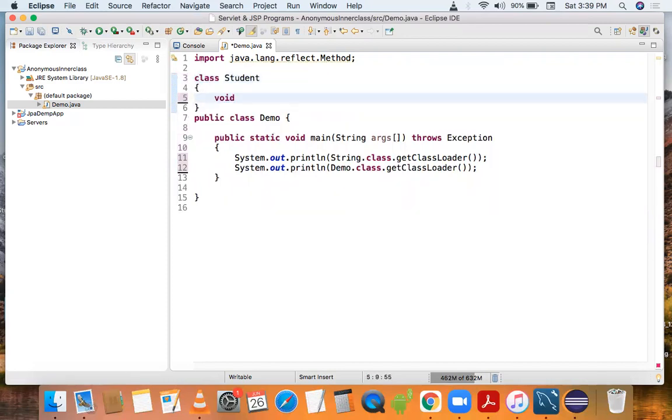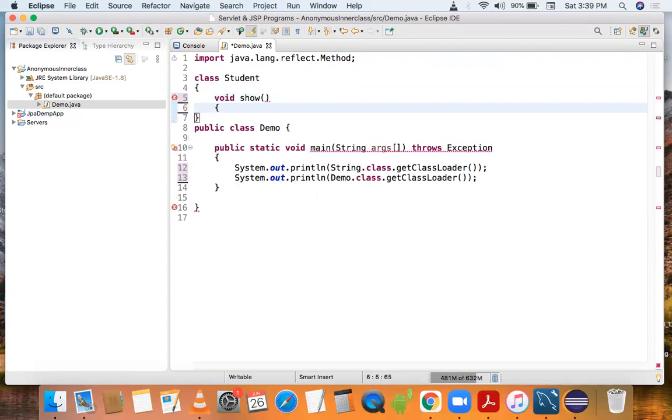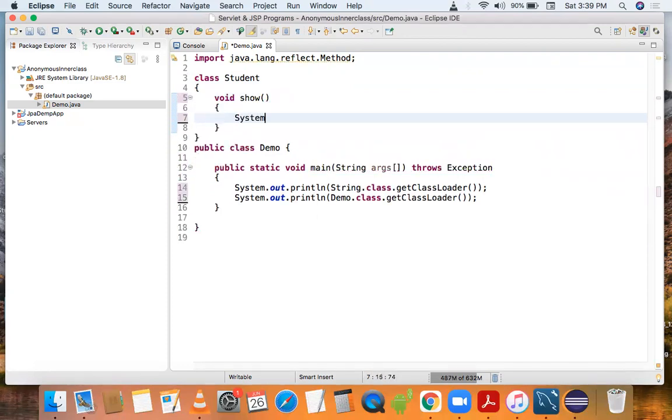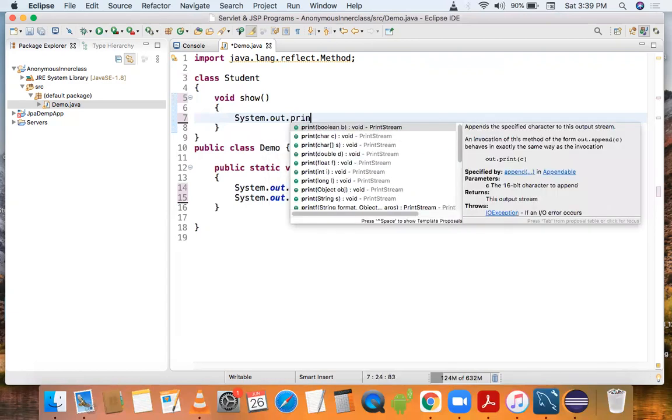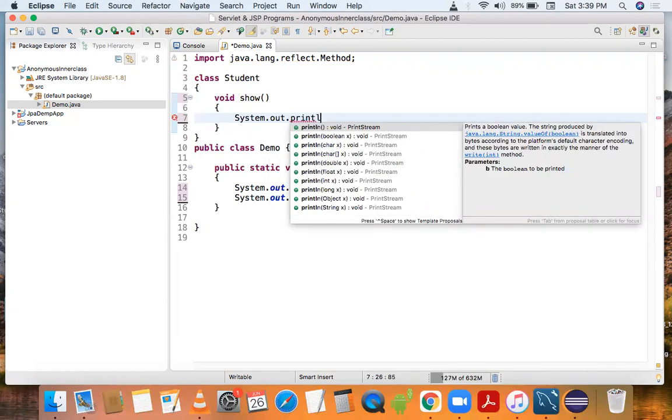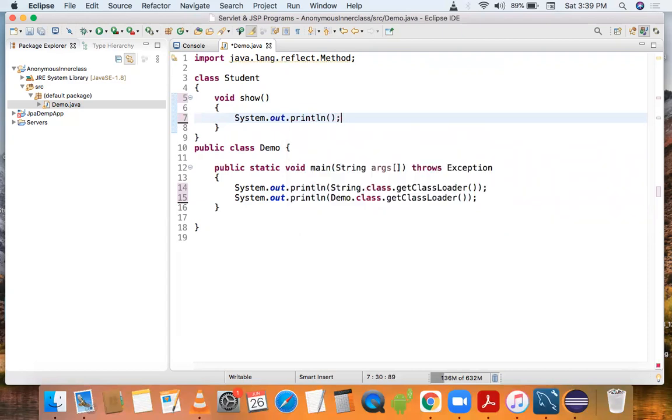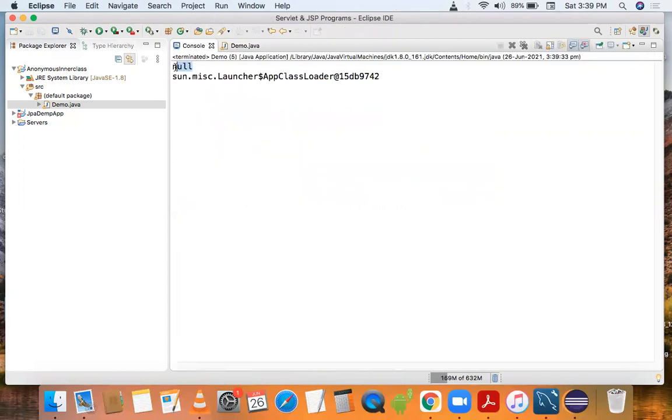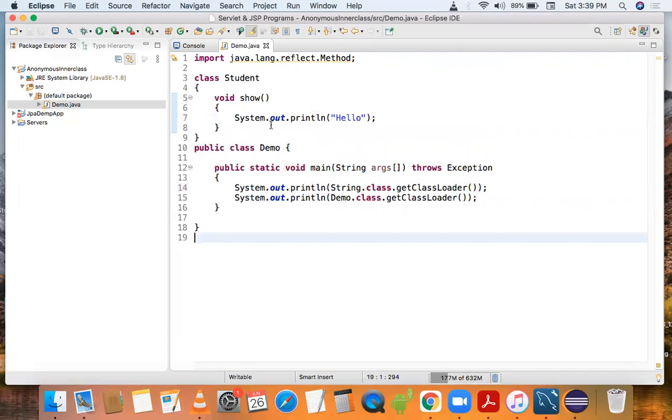Then the third one, suppose we are creating a class Student with a void show method that prints Hello. Suppose we run this program. First of all, we will get null, because the bootstrap class loader is not a Java object; it is not part of Java objects.